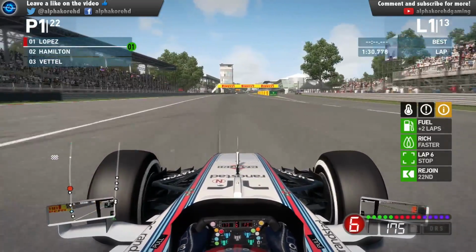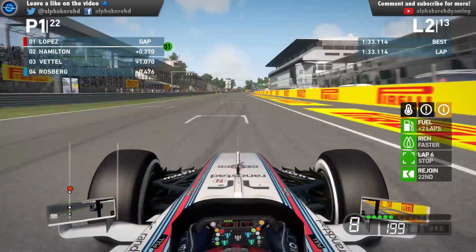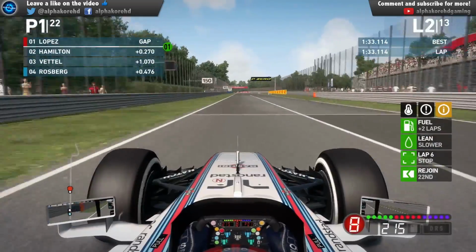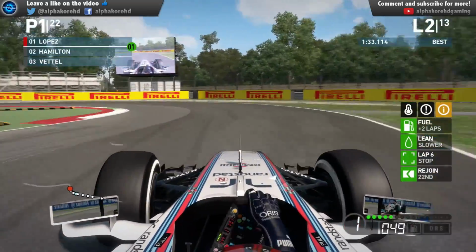So rich mix, and we go to the right just to keep Hamilton out of our slipstream. He's staying on the left, as you can see in the mirror there. A 1:33.114 is the opening lap, and Rosberg's half a second off Vettel. And when DRS comes into play, I expect Rosberg to pass him again, but